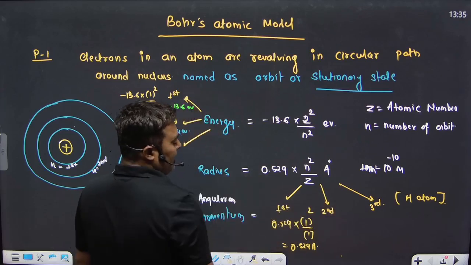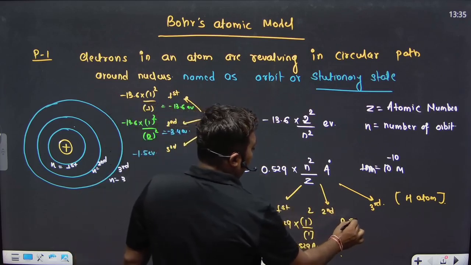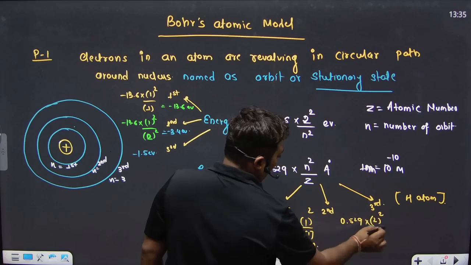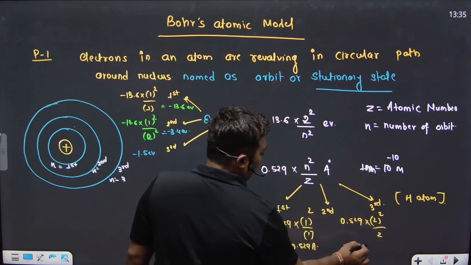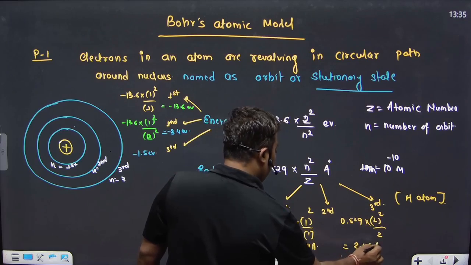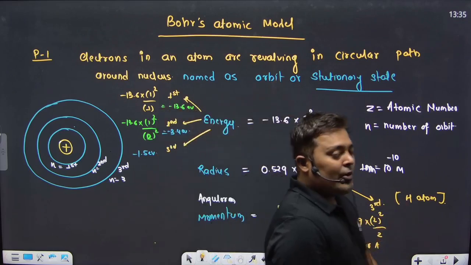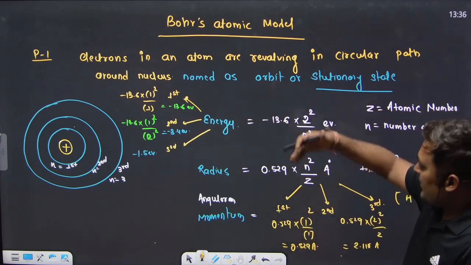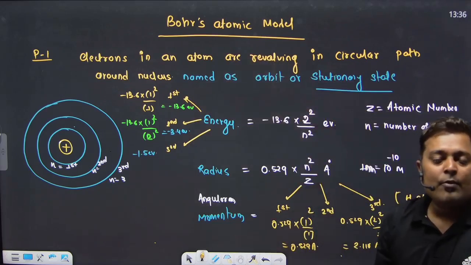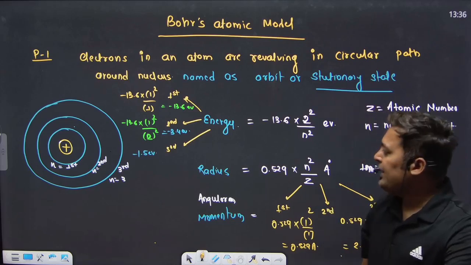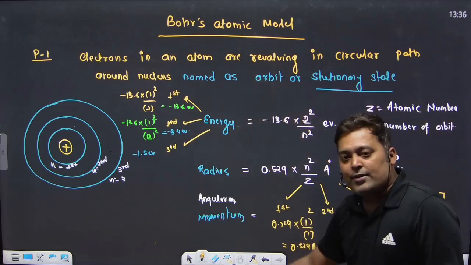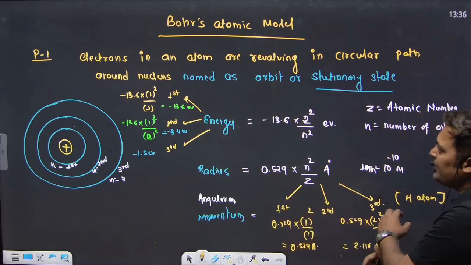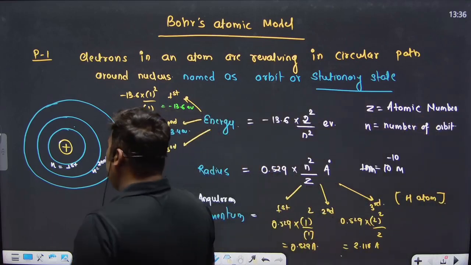Likewise, if you calculate for the second one, it is going to be 0.529 into the value of n, this time 2, make square of 2, upon Z. You are going to get the value 2.116 angstrom, and likewise around 4 angstrom for the third energy level. They may ask you questions from the postulate itself: which postulate is correct, which is wrong. They may ask you to calculate the energy levels or the ratios of the energy. That kind of question you are going to get from Bohr's atomic model and the first